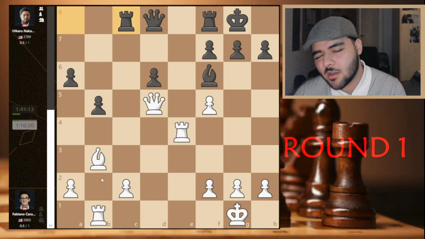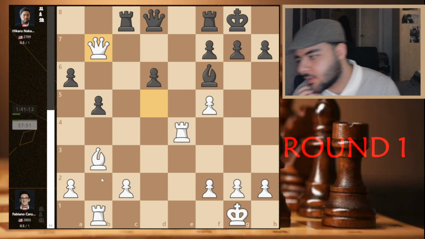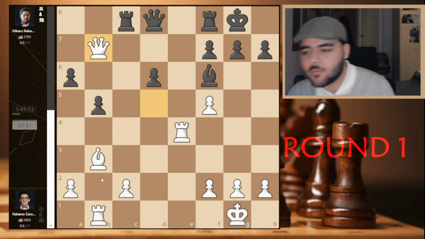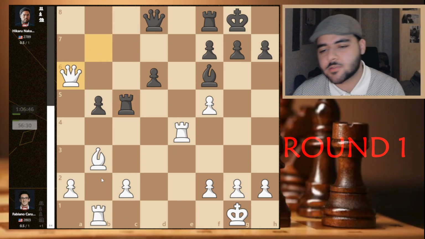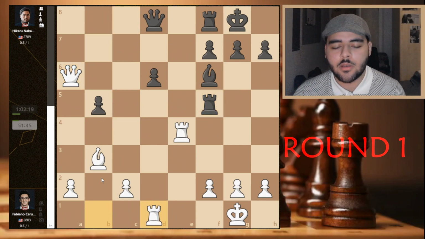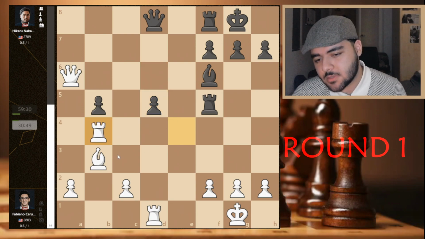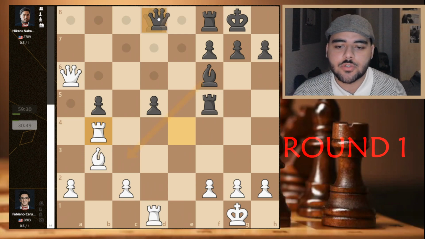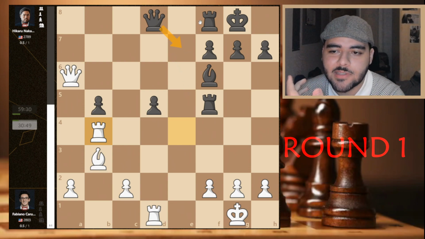I think here Hikaru mentioned something about queen b7, rook c5, queen takes a6, rook takes f5, rook d1, d5, rook b4, and here Hikaru played bishop c3. What I should have done is play queen e7, so you can get some serious attacks